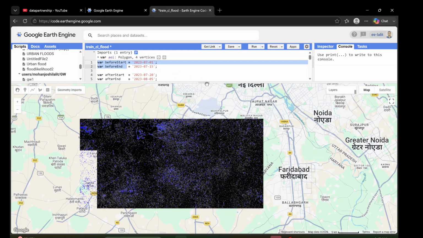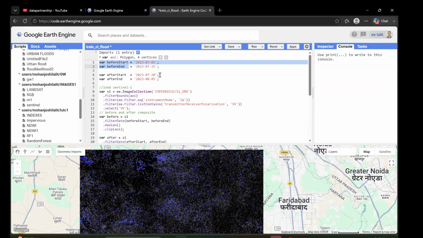This date I have taken as before, which means the July or August month. You can choose your own, because those are the months when rainfall should be there in India, the monsoon season. Now what we have to do is load this one,